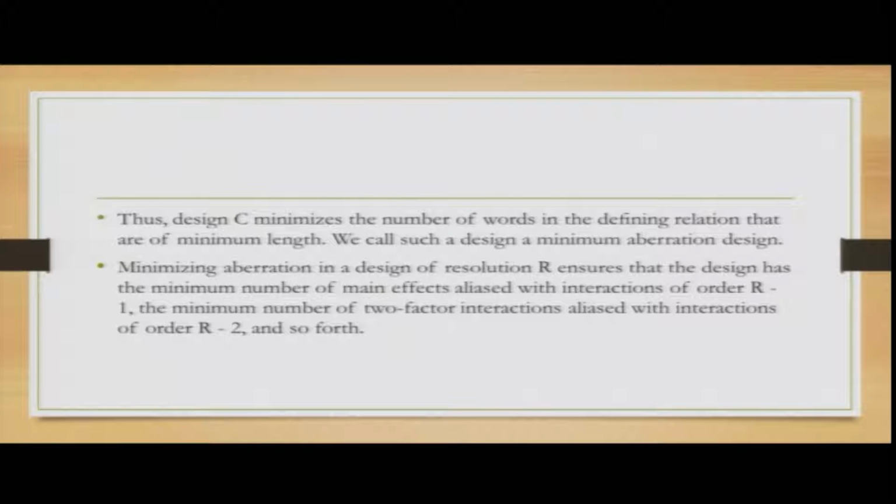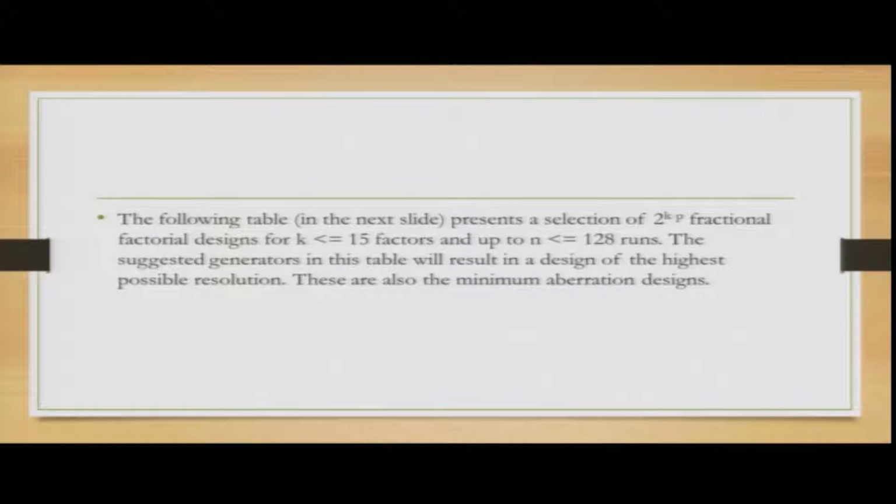It will ensure that the design has the minimum number of main effects aliased with interactions of order R minus 1. Which means the minimum number of 2 factor interactions aliased with interactions of order R minus 2, then R minus 3, R minus 4, which will give you the overall picture of the effect. The following table, which we will consider in the next slide, presents a selection of the 2 to the power k minus p